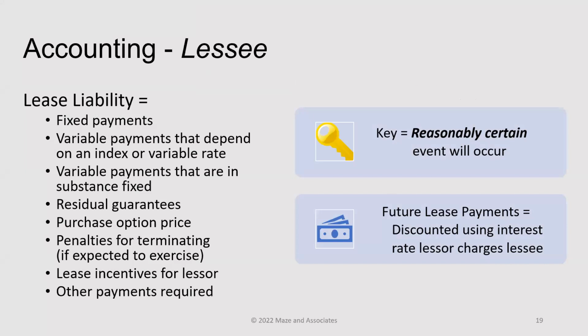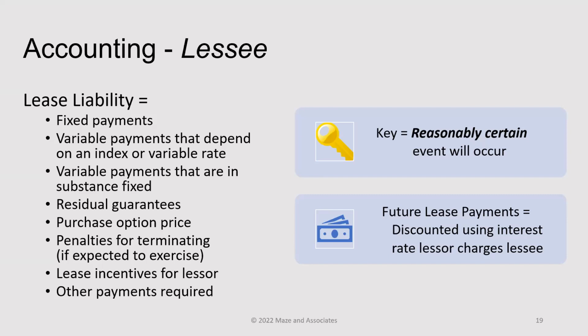If variable payments are based on an index or a variable rate, that's where it can get pretty confusing. Those payments in the future, if they're going to increase, say every 5 years, by a CPI or some other component, you're going to use the rate or the index at the time of the calculation. You're not required to remeasure every year in the future. It's at the time of the calculation. What's that rate in place? And you use that to do your calculations for the payments that are due in the future.